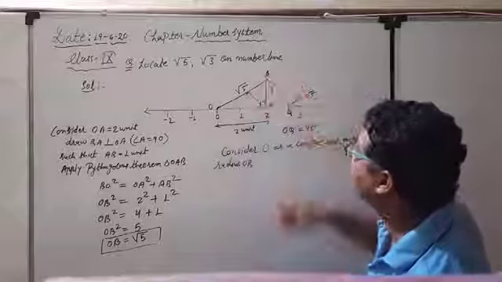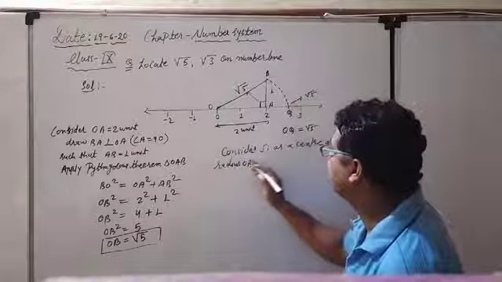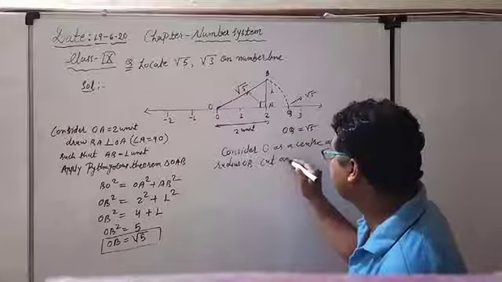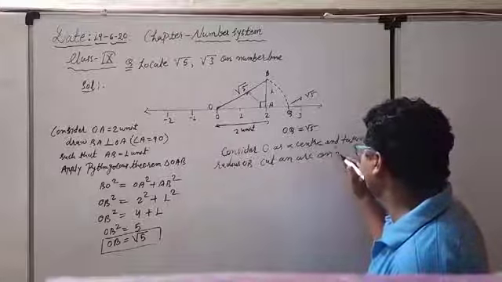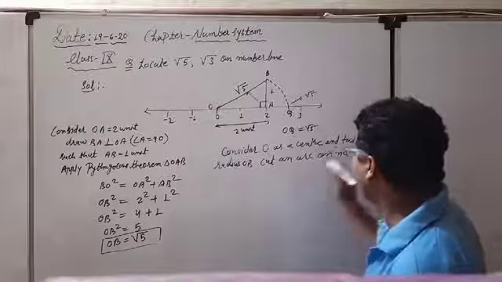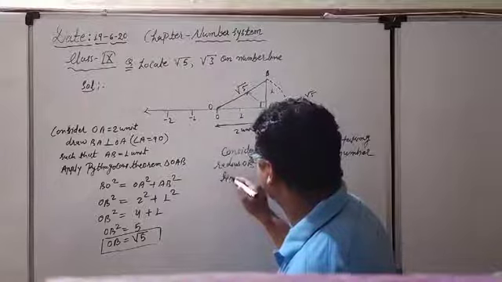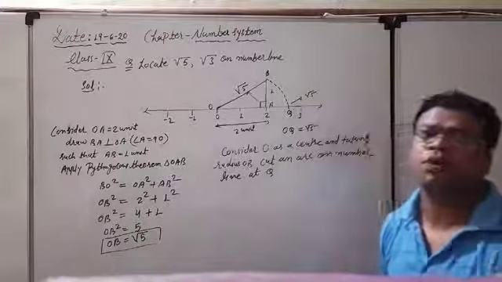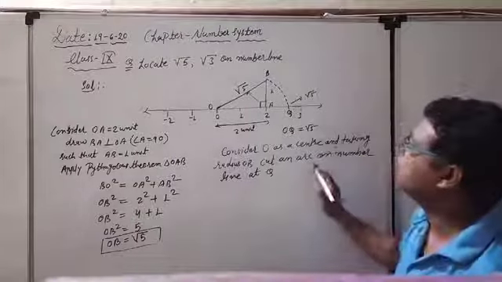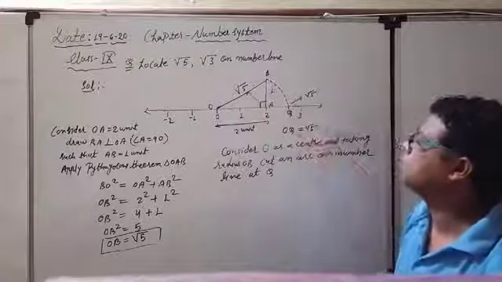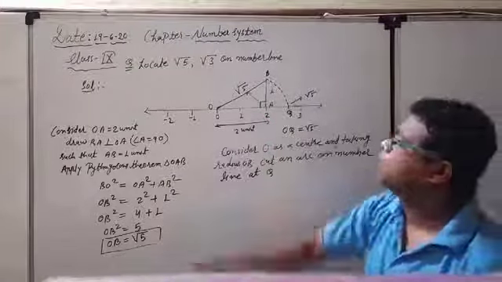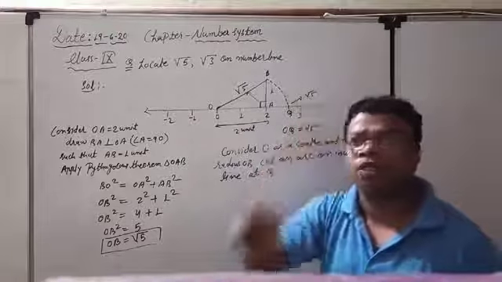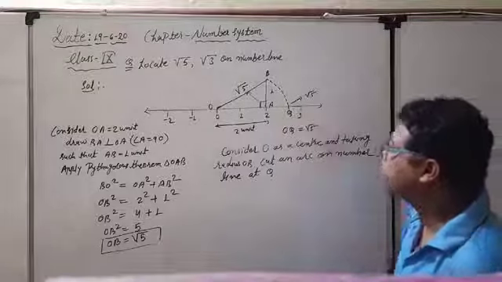And after that, what are we trying to do? We are taking one arc. Consider O as a center and taking radius OB, cut an arc on the number line at a particular point, Q. You can change the point also. You can take your own points. The matter is not there. O, A, B, so I can take C here also. No problem. O को center लेना है. OB radius, that is root 5 unit. और अपने को with the help of the compass just cut करना है on the number line, whatever point it will cut.